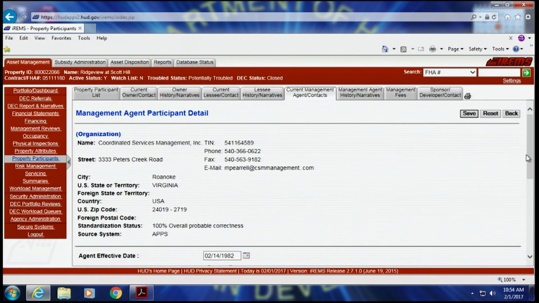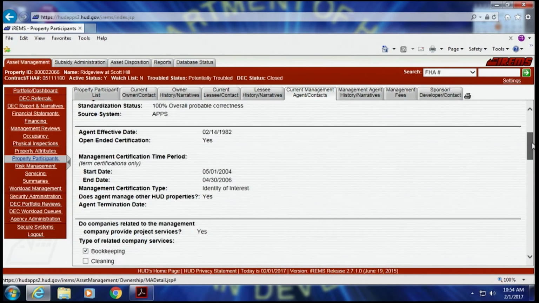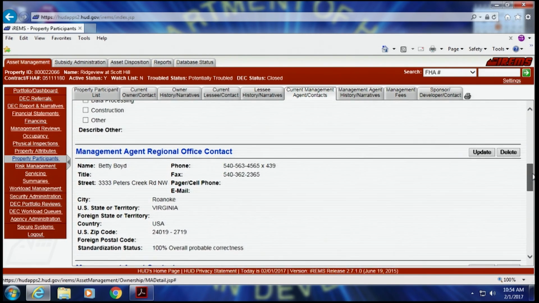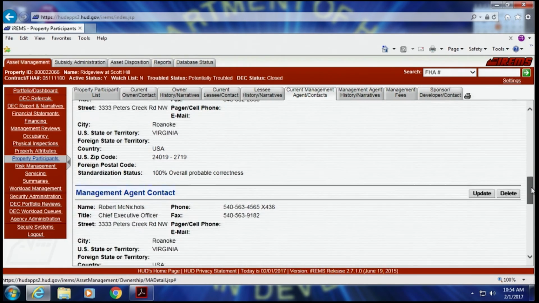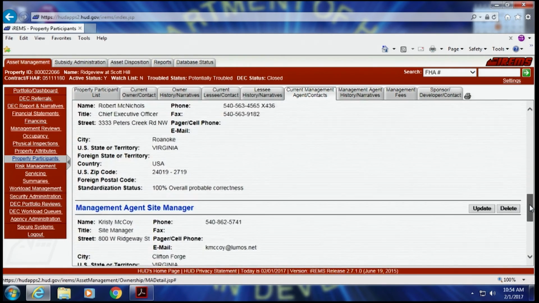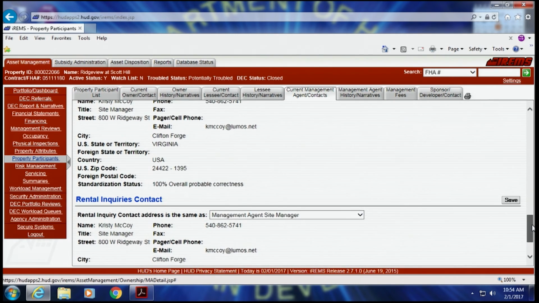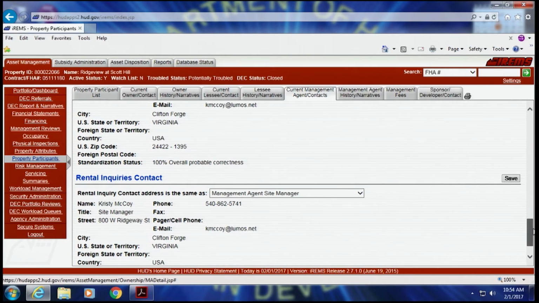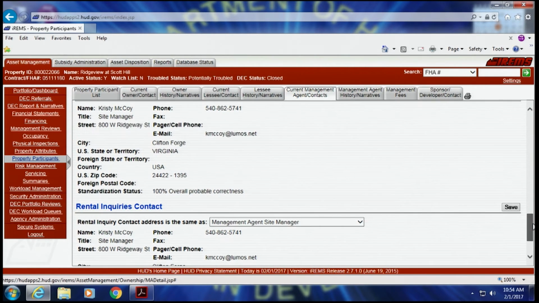Let's go back to the management agent screen. Notice that we have the management agent regional office contact, the management agent contact, the management agent site manager, and the rental inquiries contact. I will say that this is particularly important if we have a disaster in and around this property.